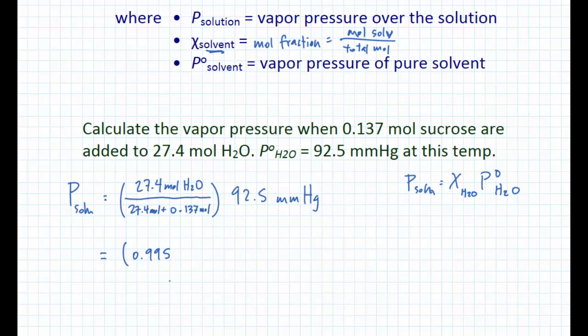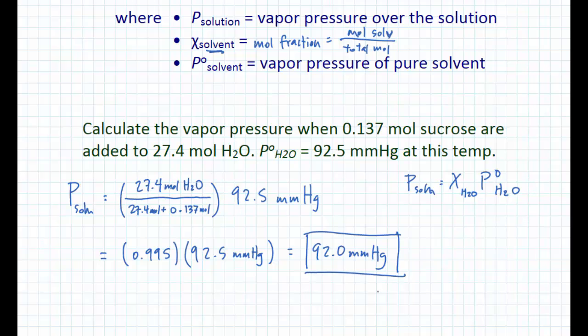0.995, yep, something like that, times the original vapor pressure, which is 92.0, right? Now, make sure that you have a good conceptual understanding of this. The pure water is 92.5 millimeters mercury. That's the pressure above just a sample of pure water at these particular conditions. We mixed a little sugar in there. We now have only